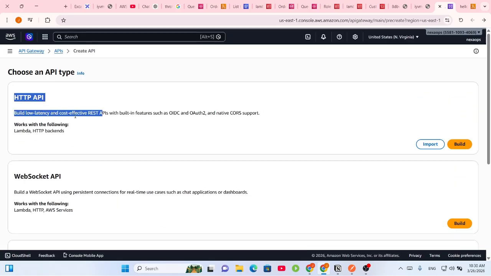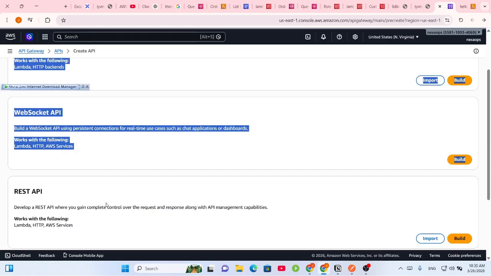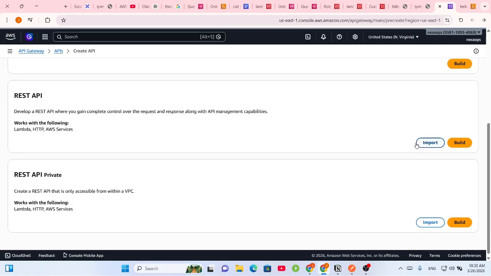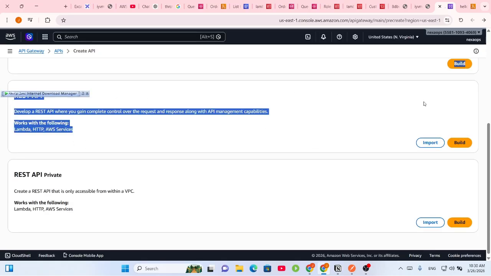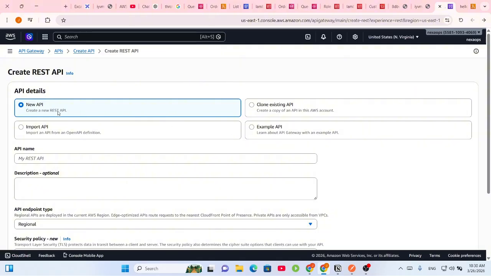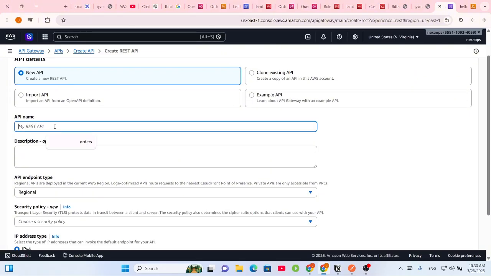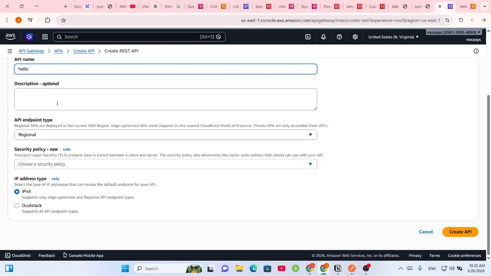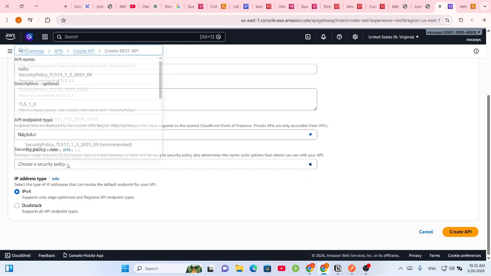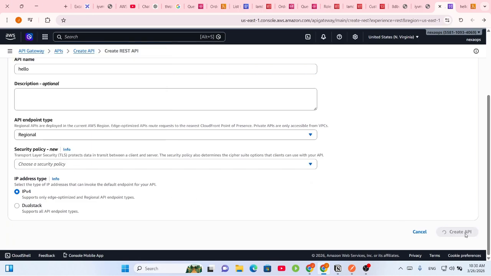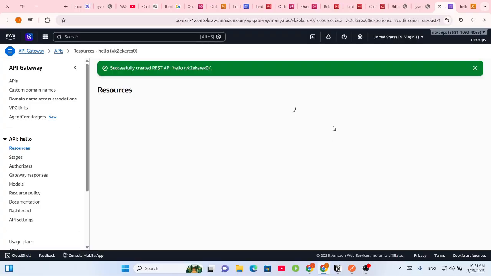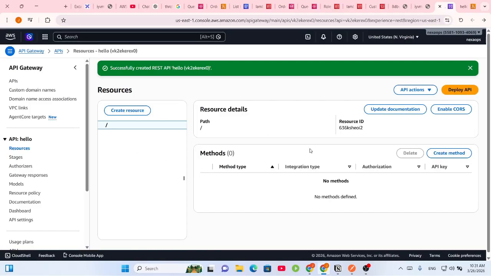We have options here: HTTP API or WebSockets or REST API. So we will use REST API, and we'll choose a new API here. You can choose the API name, which is hello, for example. You can leave the regional here. Security, we don't need to do anything. Just create API. Okay. So now that I created an API,